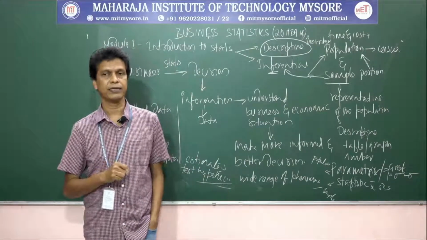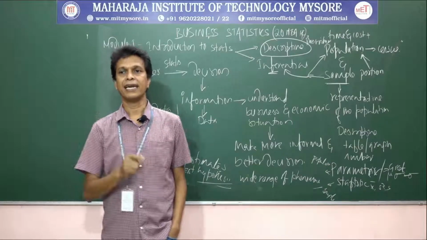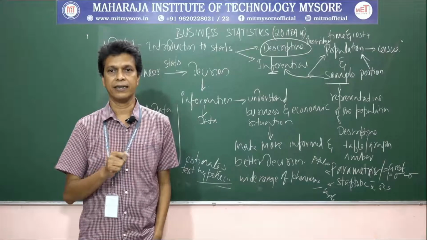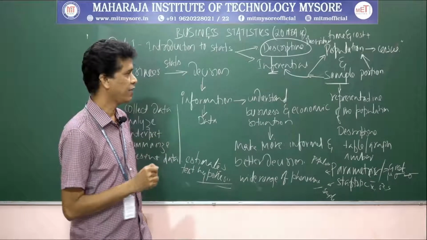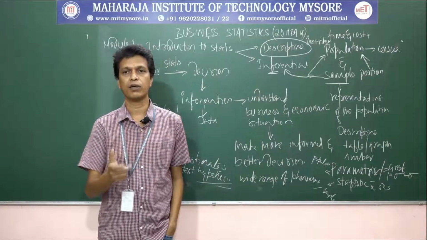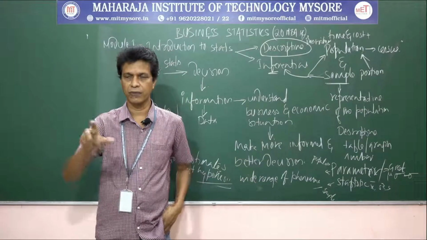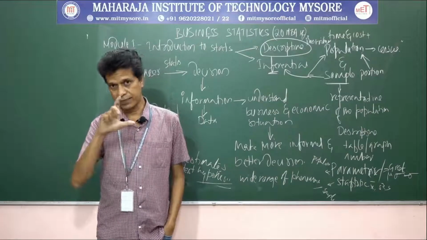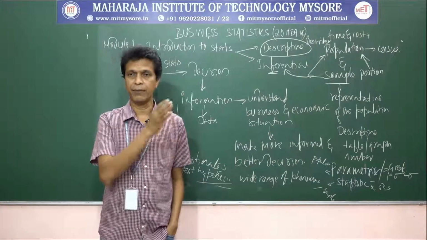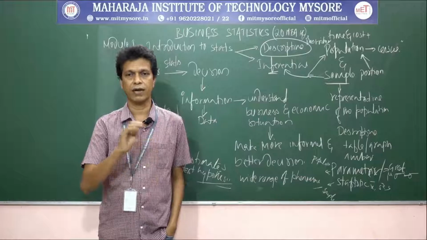Unless the parameters are computed directly from the population, the statistician never knows for certain whether the estimates or the inferences made from the samples are true, because the estimation is always done in the absence of the whole lot of data. We have taken the small sample. If the samples are properly taken and representative, we understand, but still the estimates are made under uncertainty. It is not always sure.